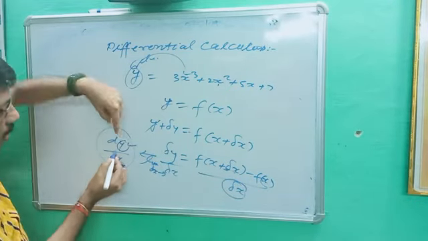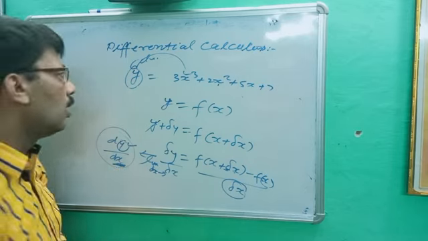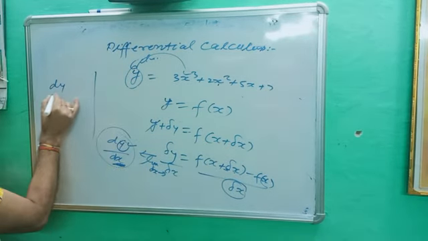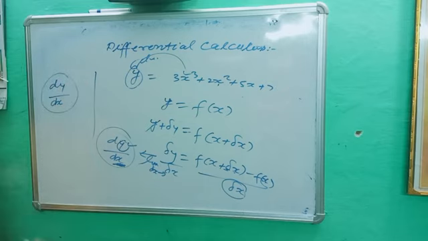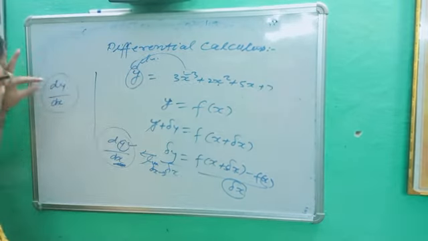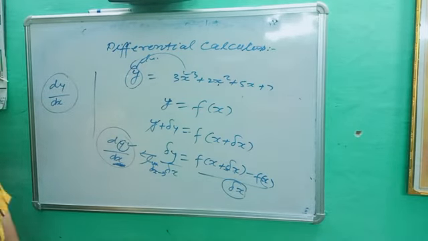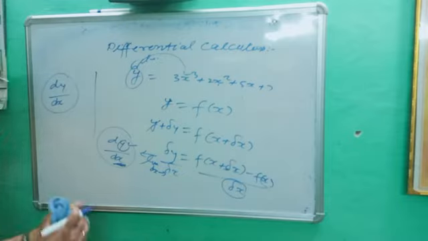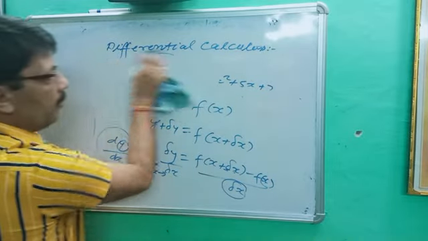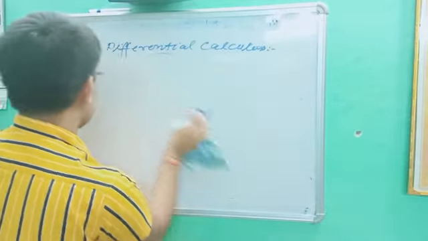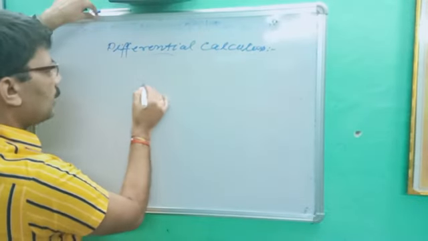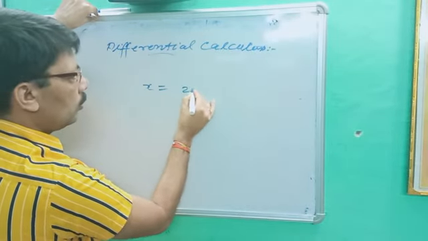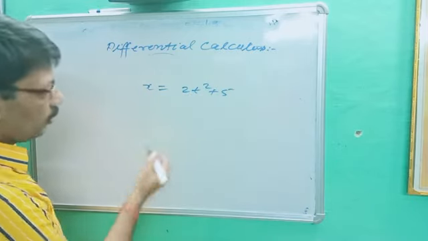That's why it is called differentiation of y with respect to x, and it is denoted as dy upon dx. So note down the definition. What is dy upon dx? The rate of change in y with respect to x is called differentiation of y with respect to x. Are you getting it? So this is the point, dy upon dx. We will put some examples here, then you will understand better. Let's suppose x is equal to 2t square plus 5. What do we notice there?